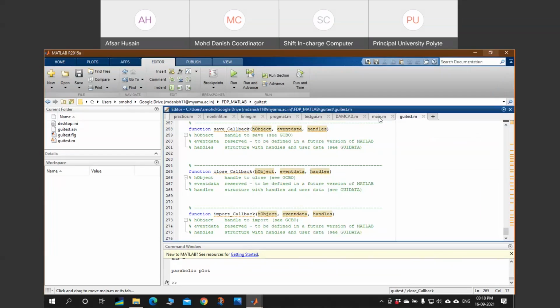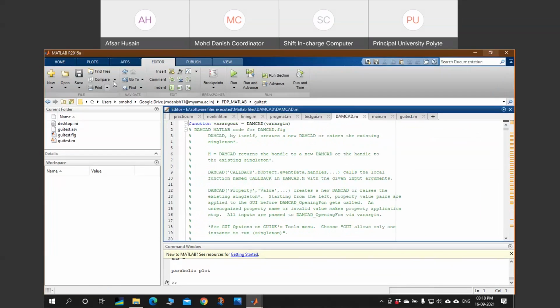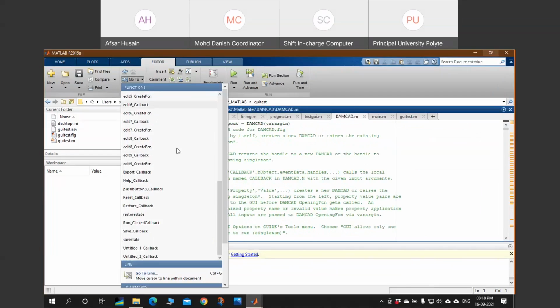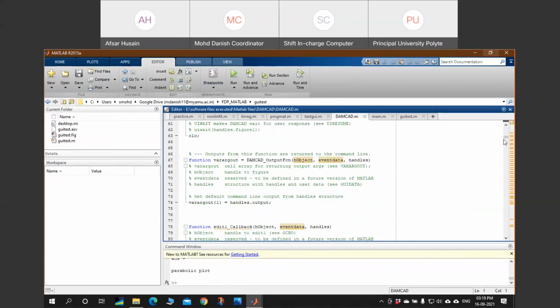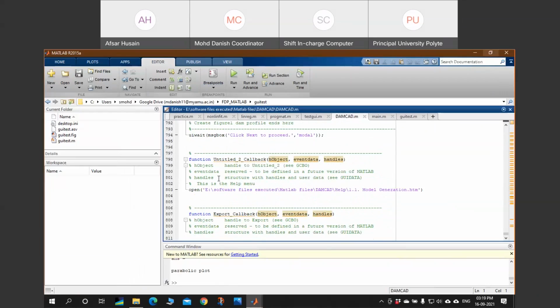Okay, so let me just copy. Help. I'm copying it and I'm pasting it.